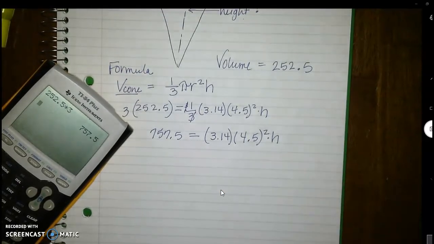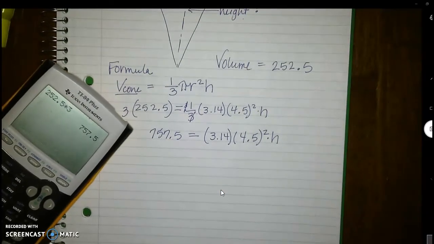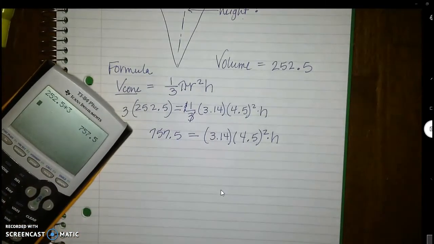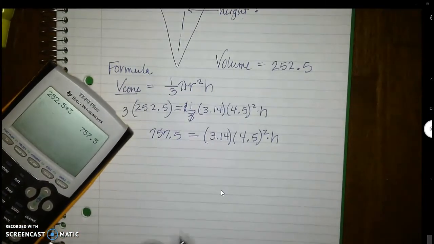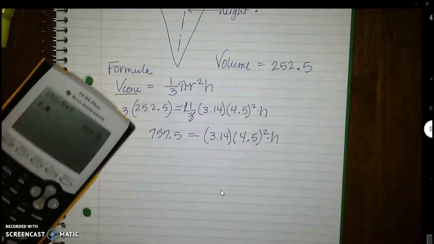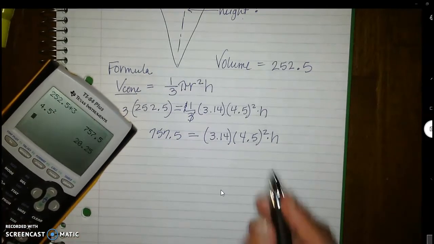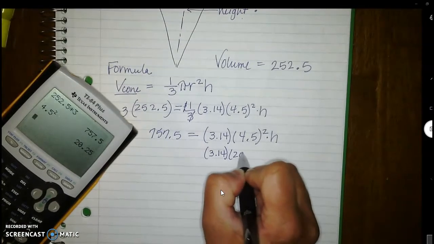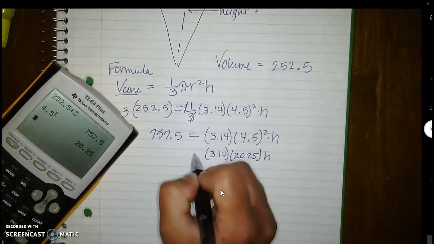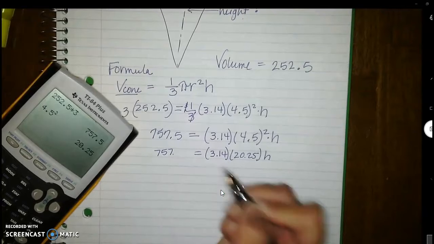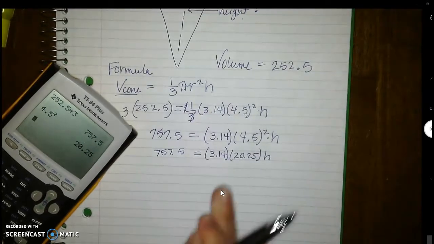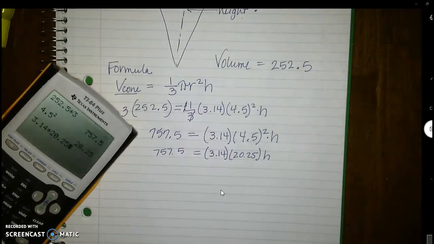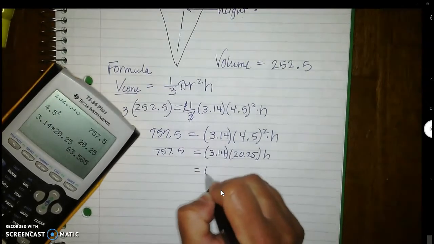And remember, all of that is times h. Now you can type this into your calculator directly all in one step, or you can do it separately. I'm actually going to do both just so that you see it. So let's do 4.5 squared first and get 20.25. And that still equals my 757.5. I'm going to take 3.14 and multiply it by 20.25. And I get